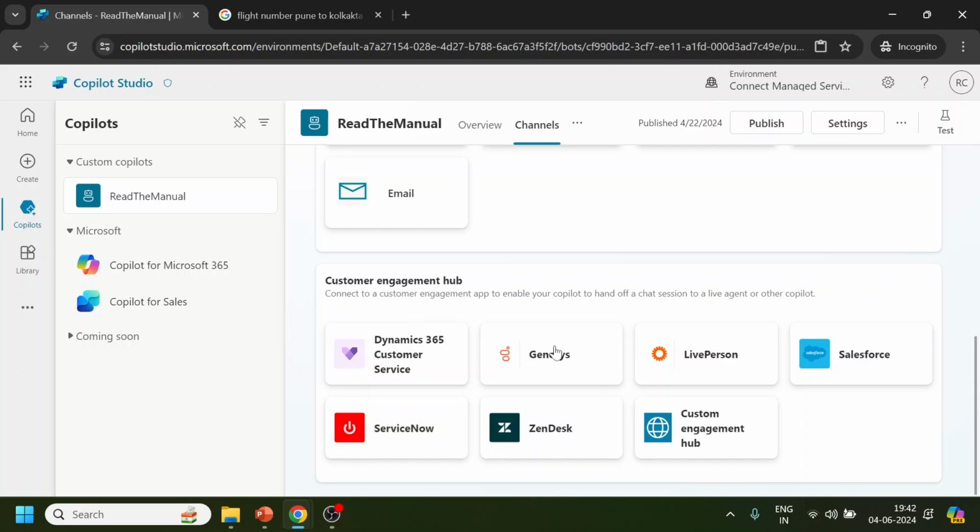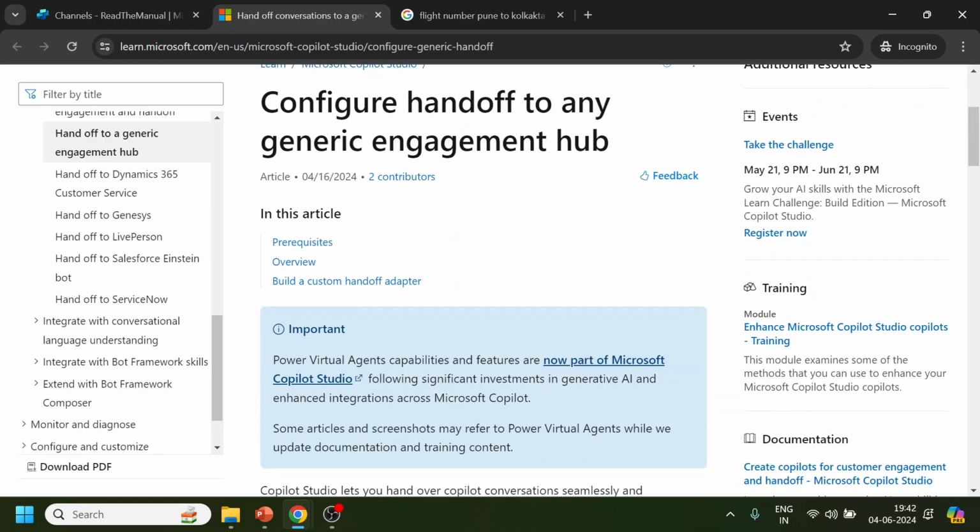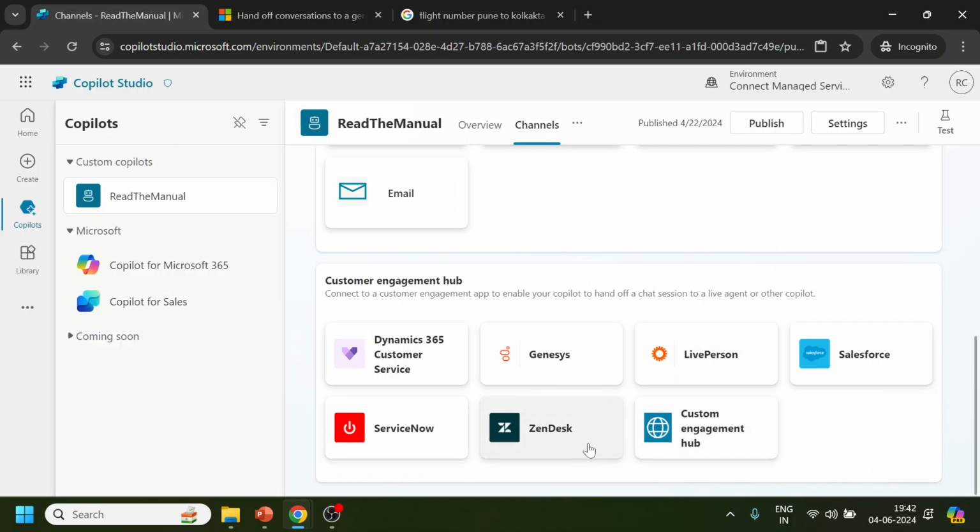And what they are showing over here are the out of the box supports for customer service, right? And this is where your agent will be sitting. If you are using Microsoft Dynamics 365, you can use Dynamics 365 customer service, right? And then there are Genesys, Salesforce, and also these. And they have given something called custom engagement, right? If these are not what you are using in your industry